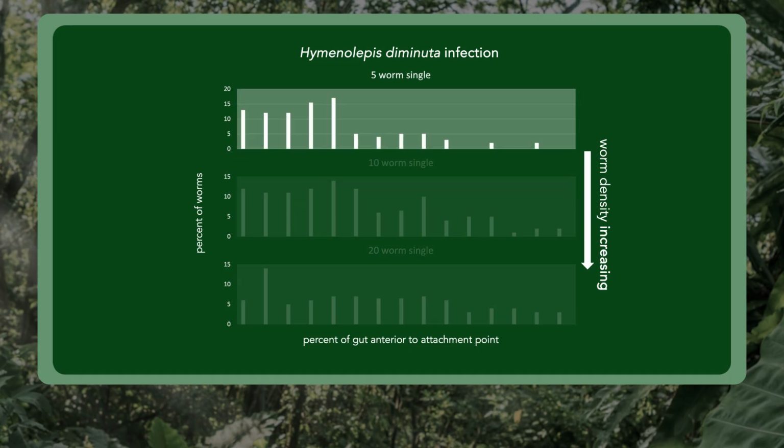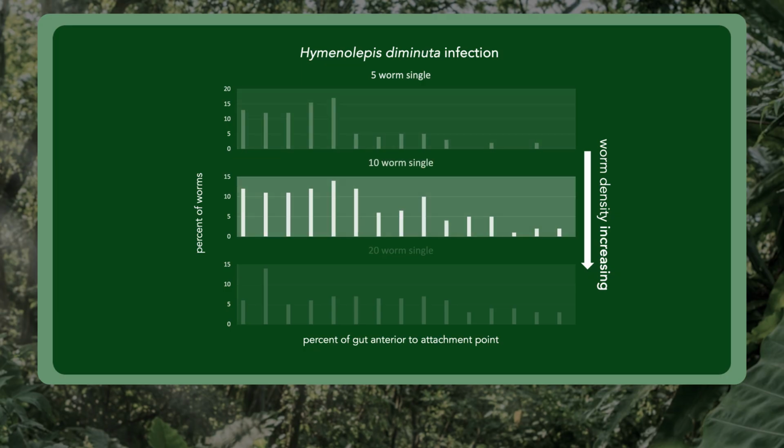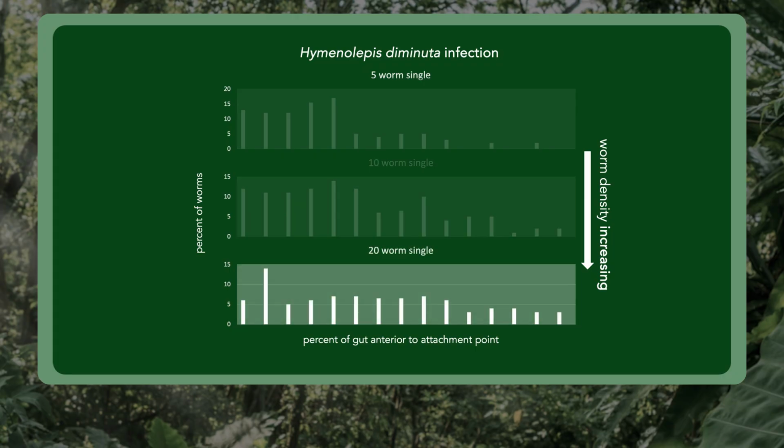In this light 5 worm infection, it appears that most worms are choosing to put their scolices at the 20% mark. But as we add worms to these experimental infections, their scolices are getting spread further and further down the intestinal tract. We add more competitors, and things are changing, indicating that competition is taking place. You can see that the optimal location for the scolex is moving rightward as we go from a low-density to a high-density infection, suggesting that as we accumulate more and more worms, some worms are being displaced into suboptimal habitats in the posterior portions of the gut. There is competition for the optimal location.